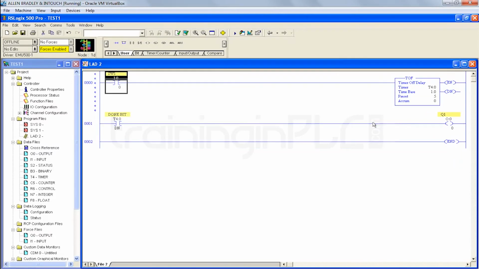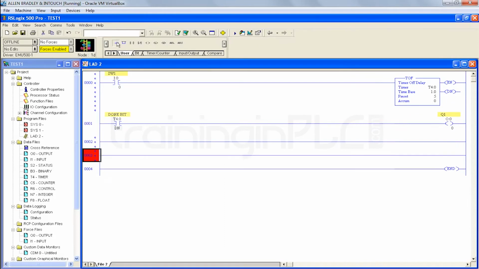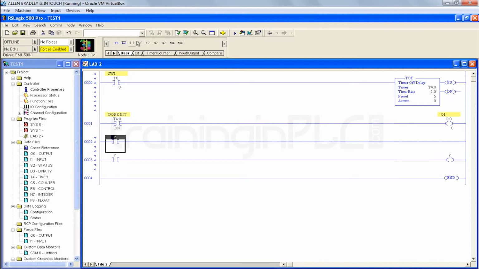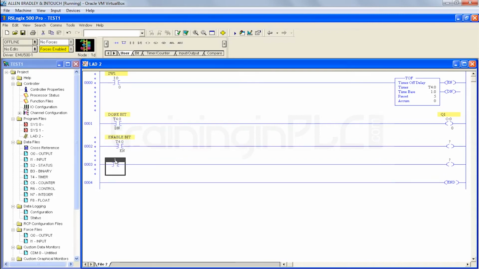So delete the branch and study the bits one by one. This should be the enable bit. Next should be the done bit.